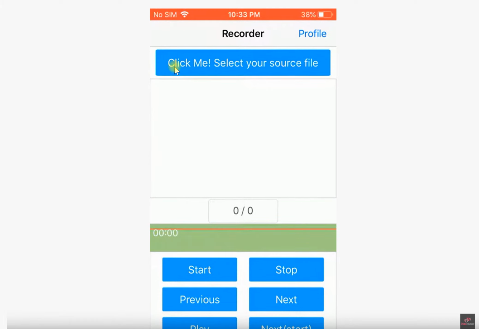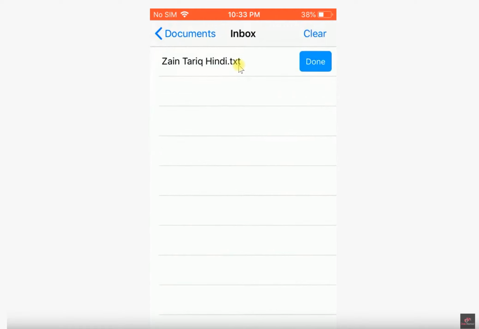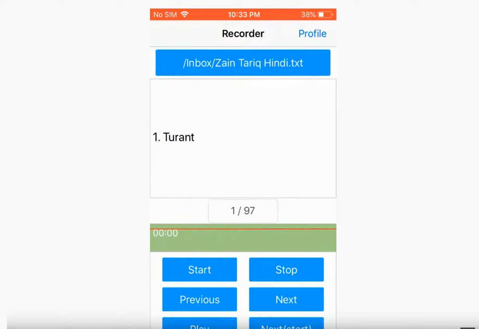Then you can click here, click me, select your voice, then go into inbox, and then just click on done. You will see the name of the file over here directly. Just click on done, and the file would be ready. You will be able to see the keywords in the recording area. So right now we are in this place where you have the word in front of you. You're just going to look at the word, think of the sentence, and then